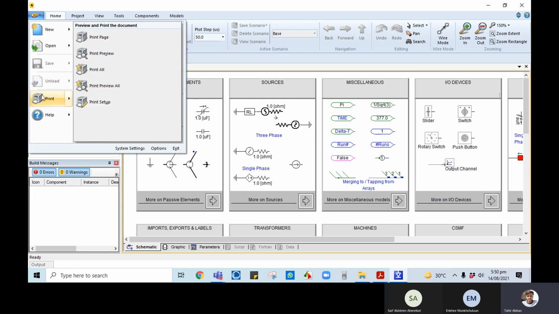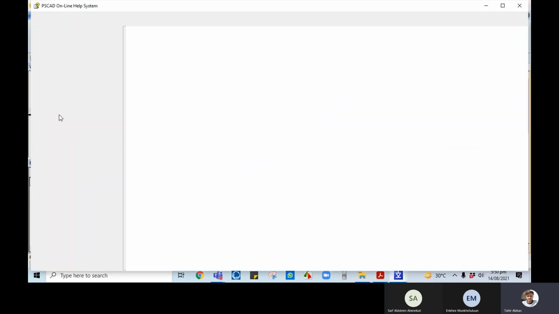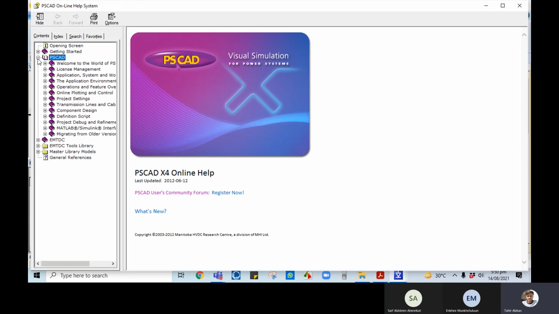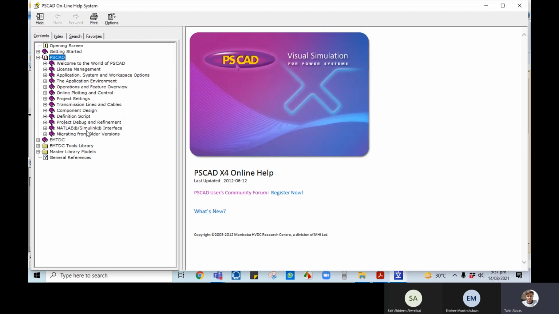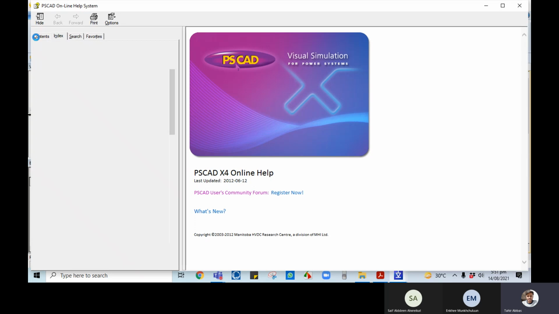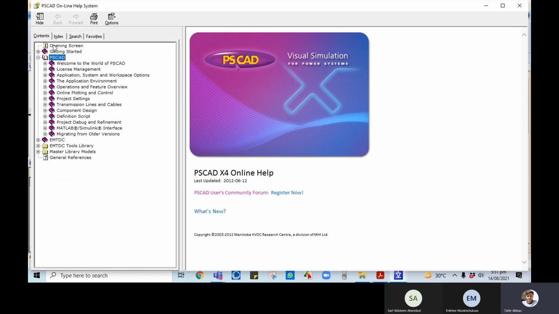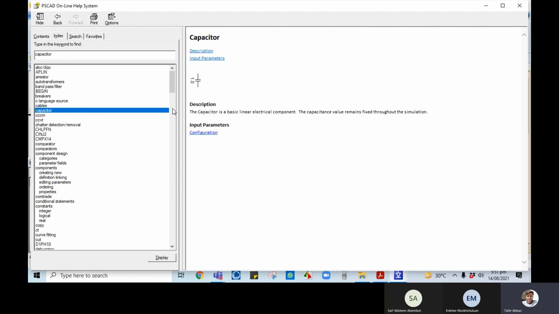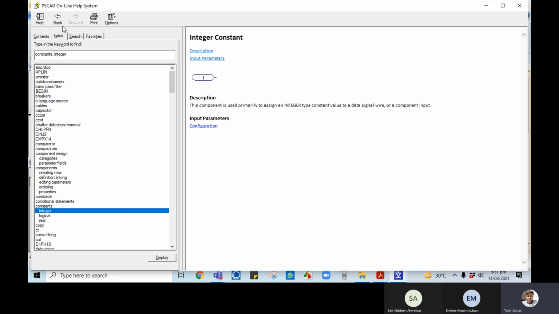Next, in order to print our page and our report, we can just use this print setup, and also some help related to PSCAD is available. That's very good help available. You can see there is license management, and there are different topics. You can search here multiple topics, like contents. If there is a capacitor, you can see the information, and also integers and logics. All this instant help is only available in the professional versions, so that's a good option.